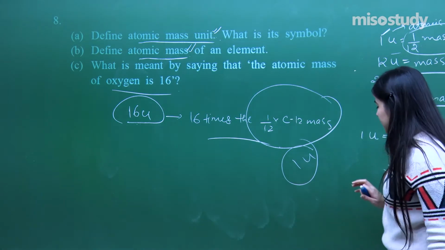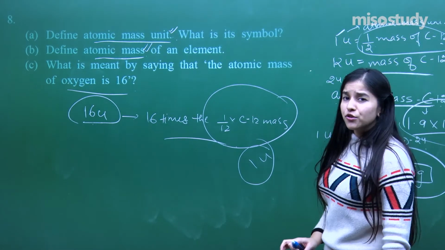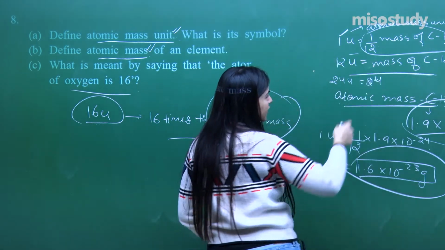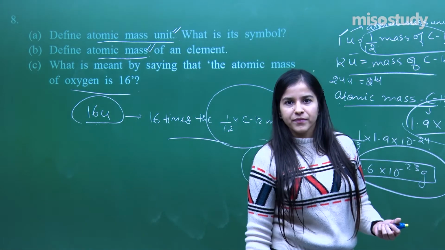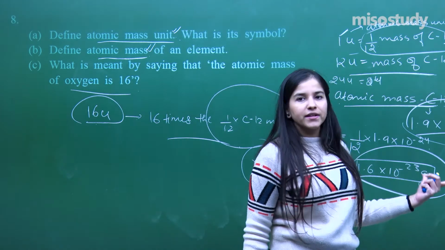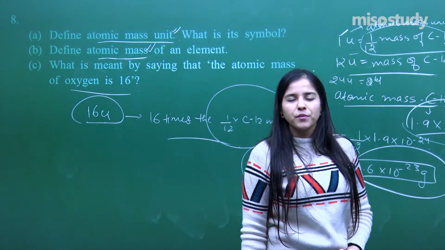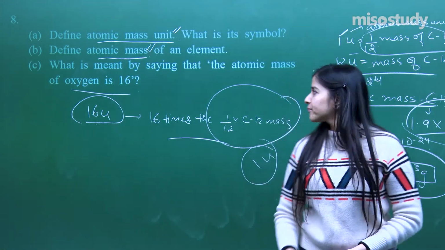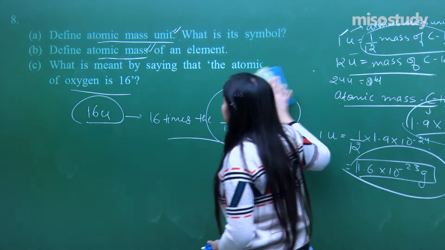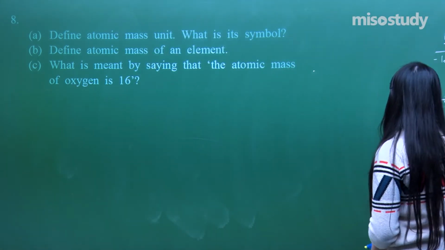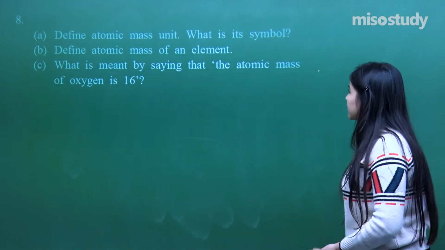I hope everybody has got it. It's a bit confusing, but not really. Once you get what the actual values are, it's again a convention. We are not able to measure such big, such complicated quantities, so we just name it in terms of units to make our calculations easier. Okay? So that was question number 8. Everybody has got it or not? I am hoping that. Still have any doubts? You can approach me.